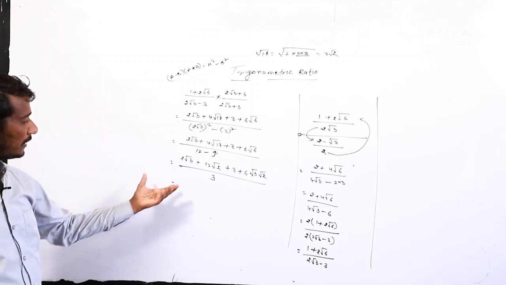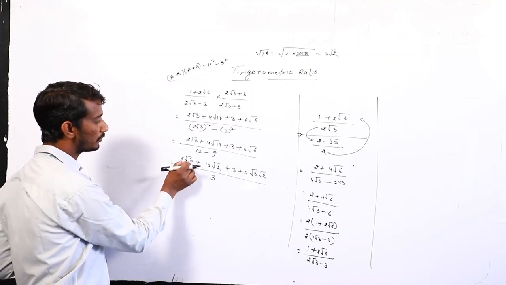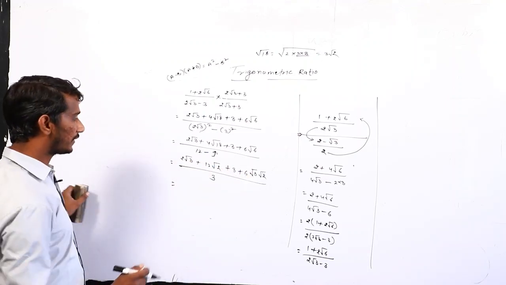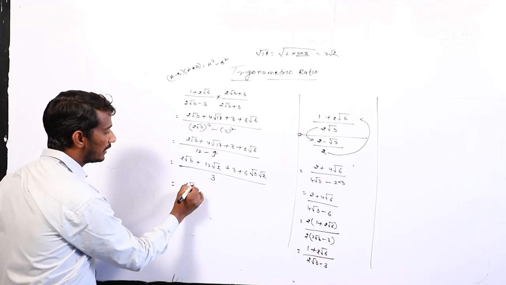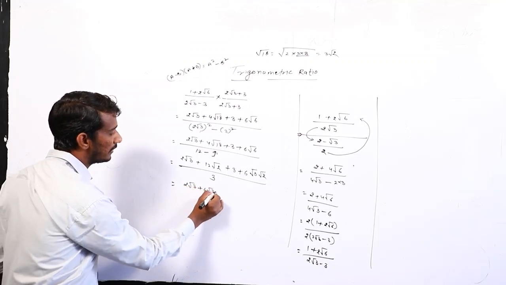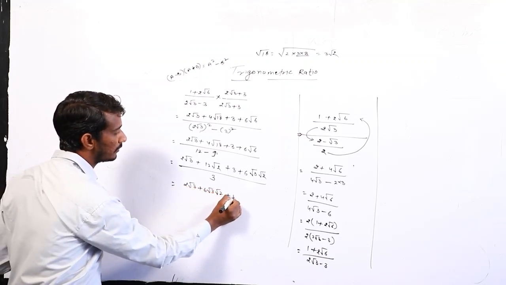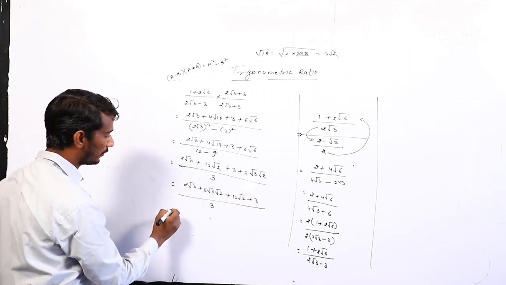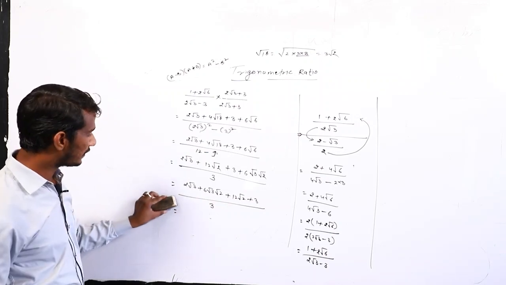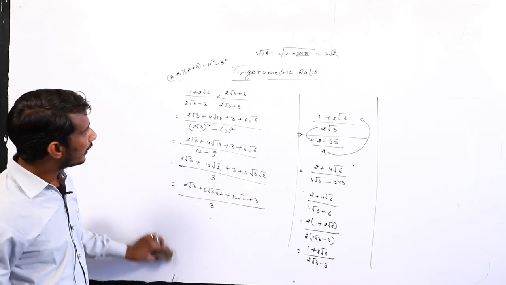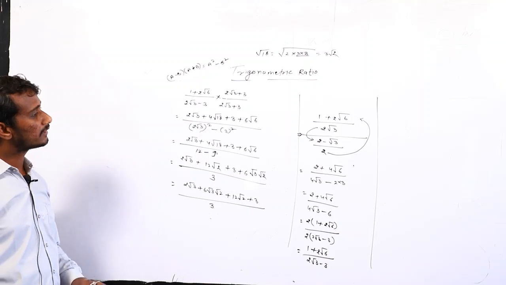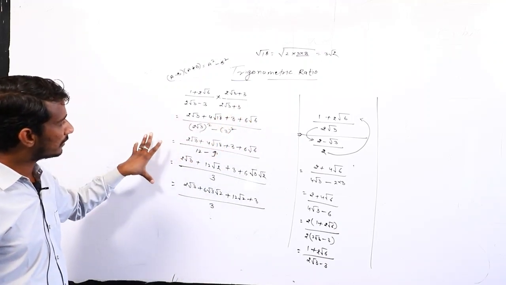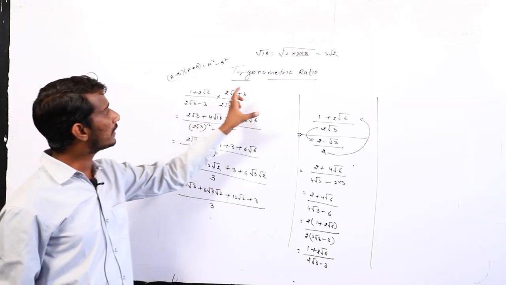And at last we can take the common part from 2 root 3, and otherwise from this we can use 2 root 3 plus 6 root 3 root 2 plus 12 root 2 plus 3 upon 3, taking the common part, otherwise leave it and your solution is completed. Okay. And I think this is a long process. So one by one you keep watching properly and understand the concept of